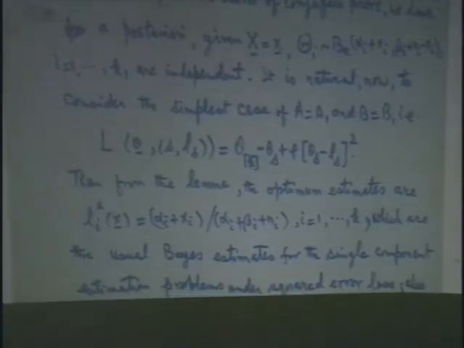Now, we look at the special cases of A equal to A1, and B equal to B1, which reduces to this particular loss function. So we are looking at this particular loss function, theta k minus theta s plus some constant rho times theta s minus ls squared. Then if you use this previous lemma,